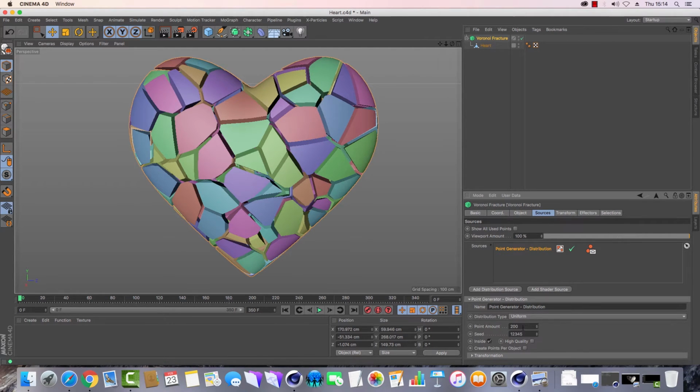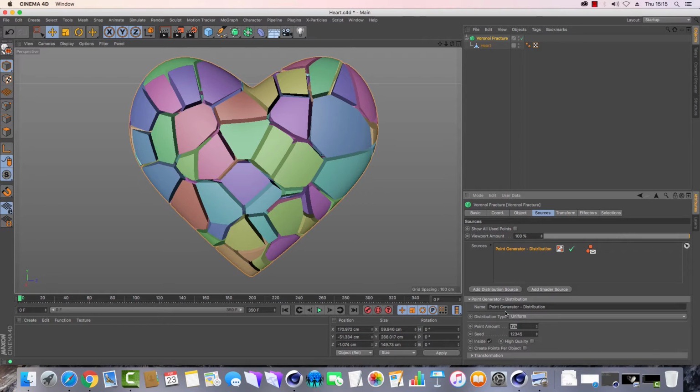So the amount of points that you're going to want is going to depend on the size or shape of your model. But the good thing with this, because it's all live, we can actually change this as and when. So even at the end of this tutorial, if you then think, oh, I wish I'd got some more points, we can just add it, reduce it. It's really great like that. So for me, I think I want about 125. And I want them